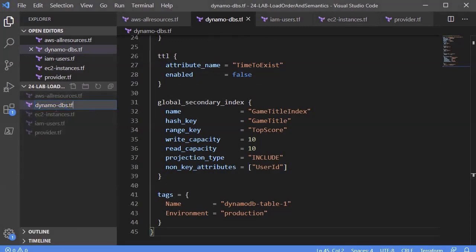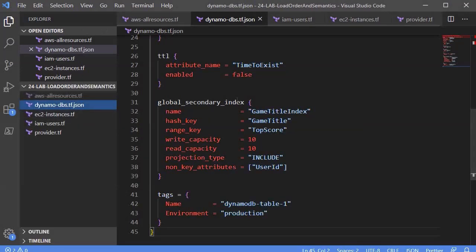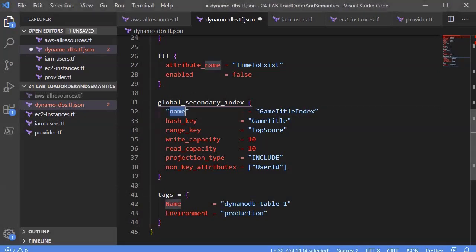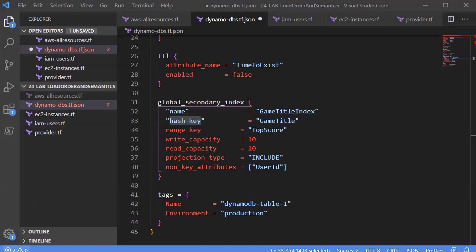For example, if you write tf.json, this extension is also accepted, but make sure that you use valid JSON syntax. For example, name should be written with double quotes, then it will be acceptable. In the same way, another one is the hash key, it should be within double quotes. So there are little syntax changes when you are using the tf.json extension, but this file extension is also acceptable within